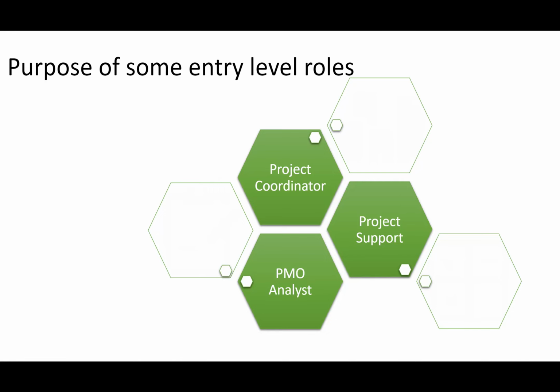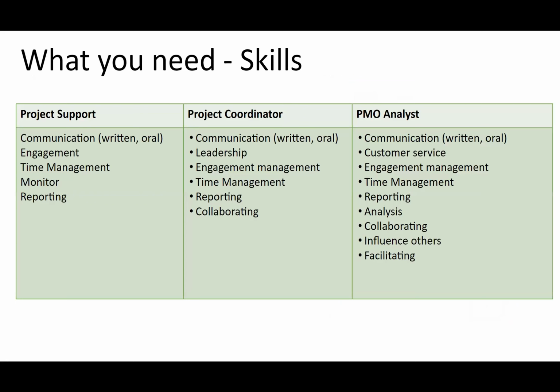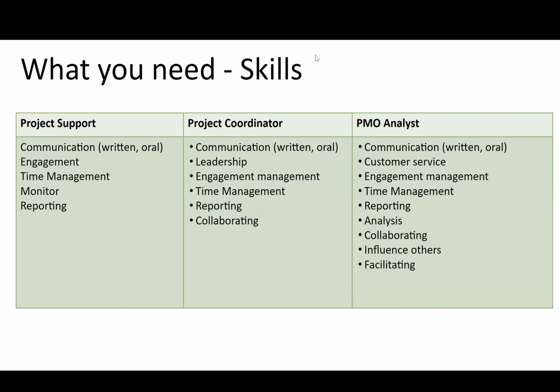So we just quickly delve into some of these entry-level roles: project coordinator, project support, and project analyst. So let's go to the next slide, please. Thank you. So what you need in terms of skills for a project support, which is the basic level, really,